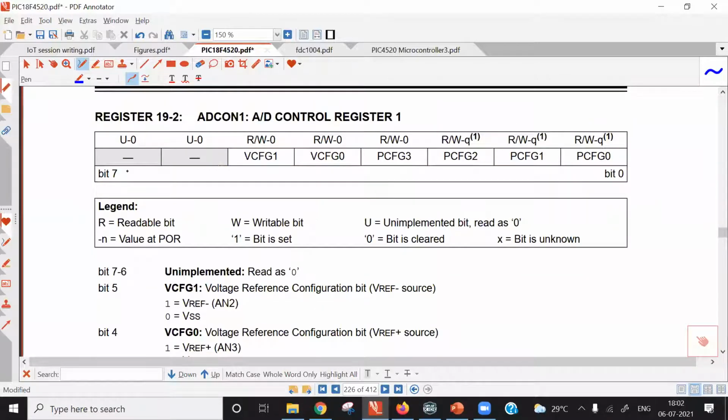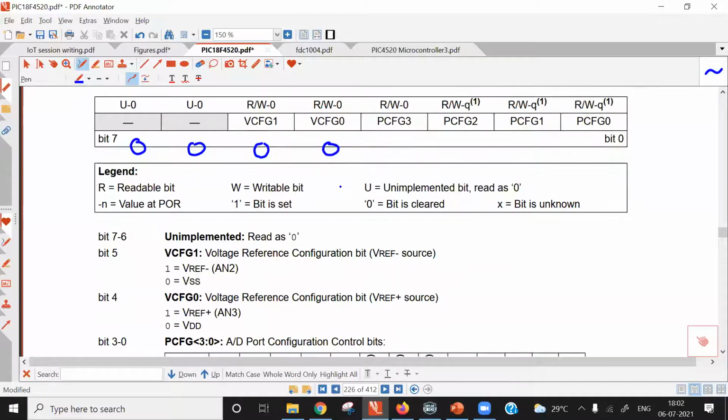Then ADCON 1 register. The first 2 bits are unimplemented. We can write any value here. The next 2 bits are used for negative reference selection and positive reference selection. We have selected the on-chip ground pin for negative reference and the on-chip 5 volt source for positive reference.